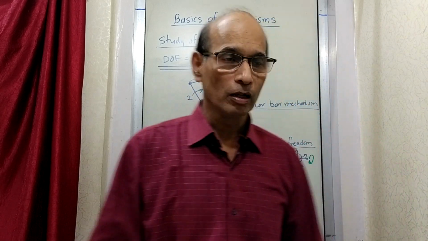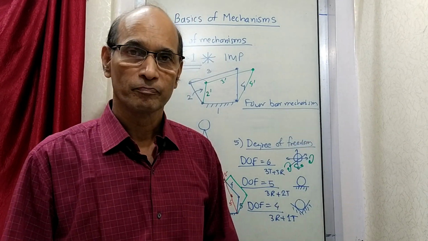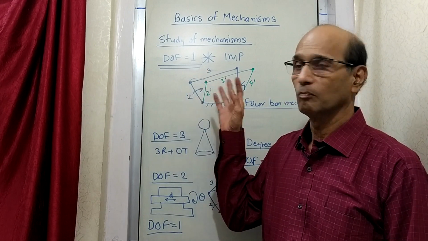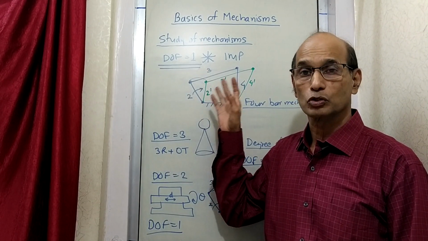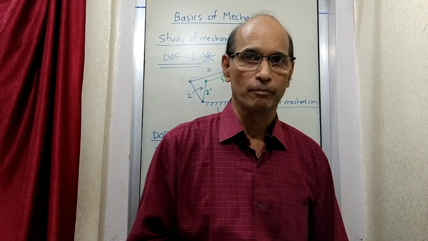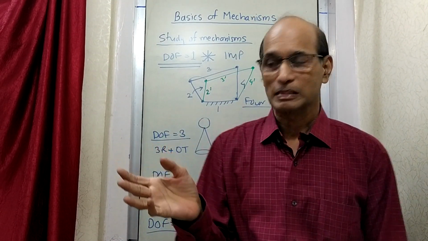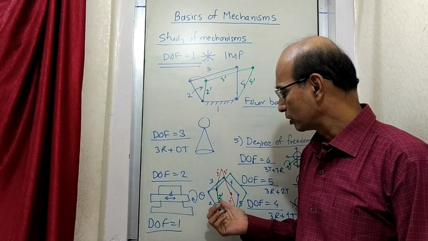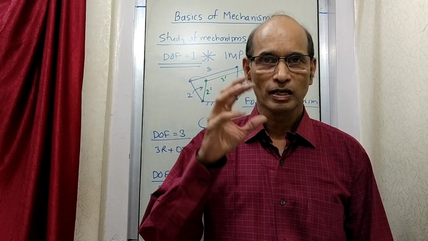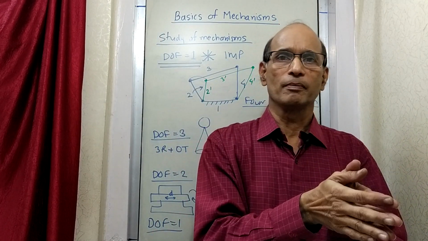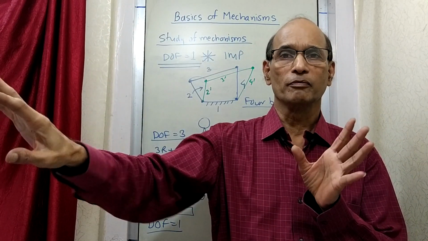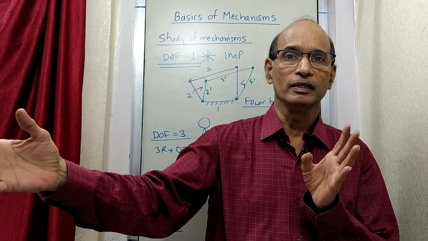That means out of all these different cases which we have learnt, a case with degree of freedom 1 is most commonly used, because in a mechanism we always want a specific thing to take place. We don't want 2 different things to take place like here. When you give input, sometimes this will happen, sometimes that will happen, it will be of no use. You want a specific thing to happen after you give a specific input. So for a specific input you want a specific kind of output. That output should not vary, because if it varies then there is no guarantee in what you want to